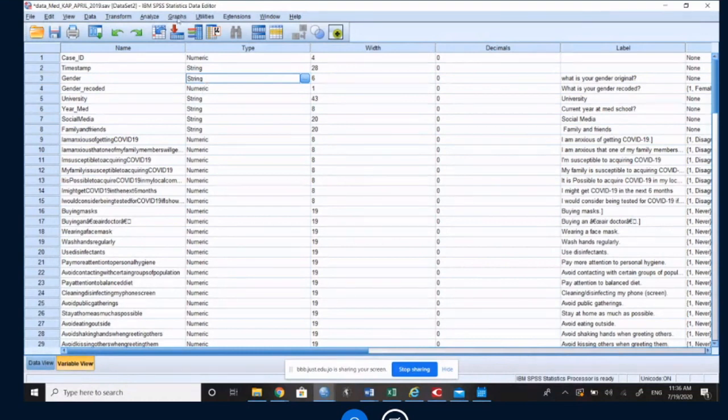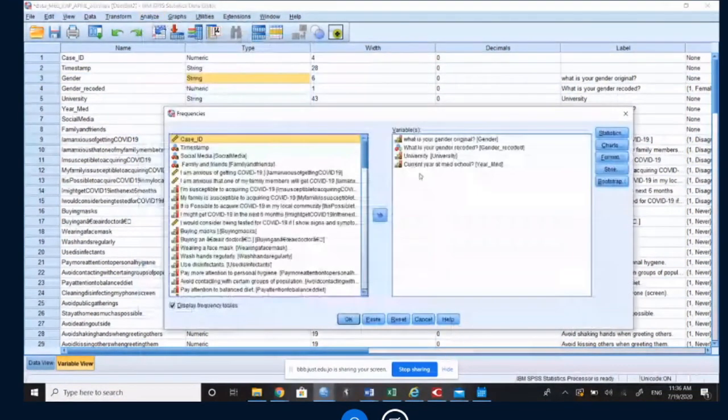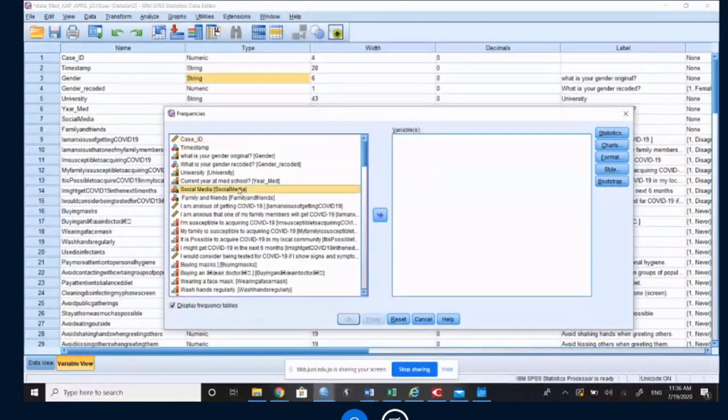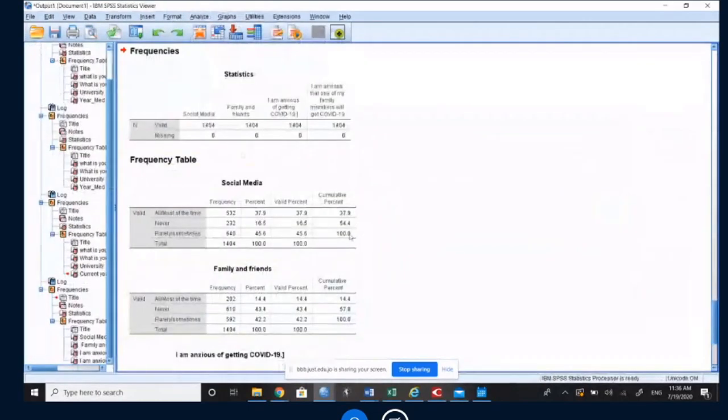So let's go back and do frequencies. We can do a reset. We'll go back, and in social media, if we hit control, so I clicked on this, hit control, click the one below it, okay, click these four. What I did, I entered social media, family and friends, anxious,